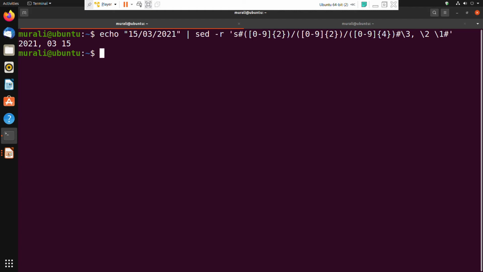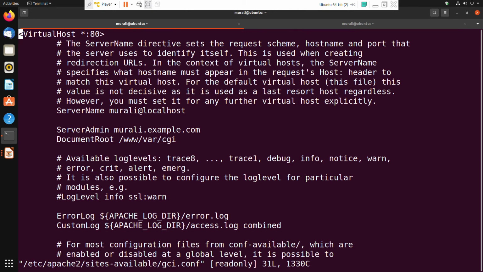Fine. Next, let us see how we edit a configuration file. The configuration file we are considering here is view /etc/apache2/sites-available/gci.conf. Here I have given something like ServerAdmin murali@example.com, DocumentRoot, and then ServerName.